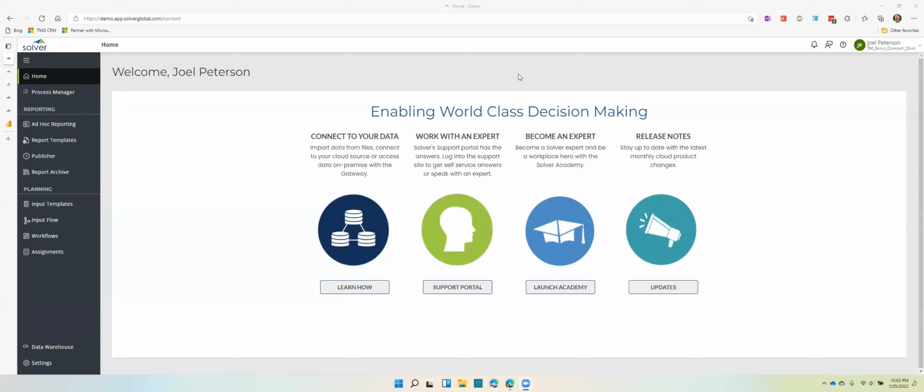So I'm Joel Peterson with the CM Group, and today I'm going to show you Solver reporting. Solver is a web-based reporting solution that is deployed via the cloud. There is an on-site or on-premise version that I'm not going to show. Everything that I show you in the cloud version is available in on-premise, but today I'm just going to focus